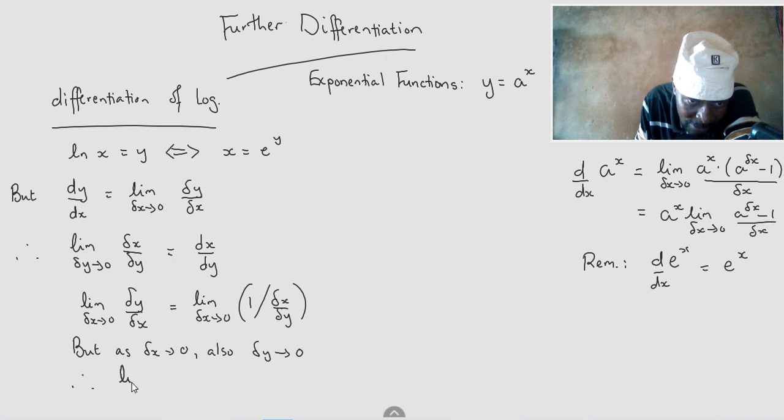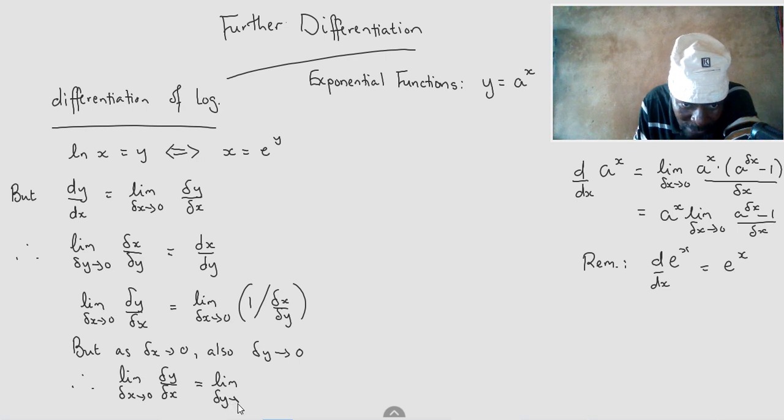Therefore, limit as small change in x tends to 0 of small change in y to small change in x is the same as limit, because if this is tending to 0, this is also tending to 0, of 1 over